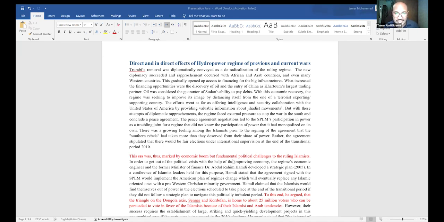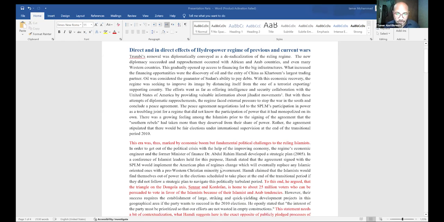its own. There was a growing feeling among the Islamists prior to the signing of the peace agreement that the southern rebels had taken more than they deserved from their share of power. Moreover, the agreement stipulated that there would be a fair election towards the end of the transitional period under the supervision of the international community. This era was thus marked by two things: an economic boom, but also a fundamental political challenge to